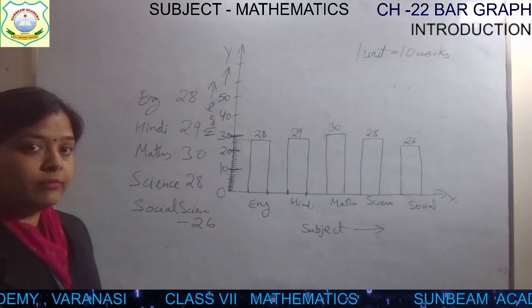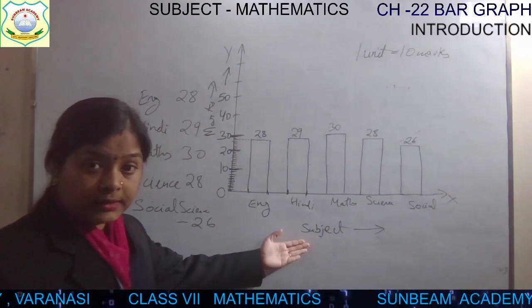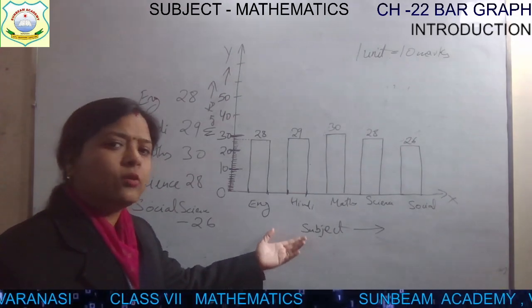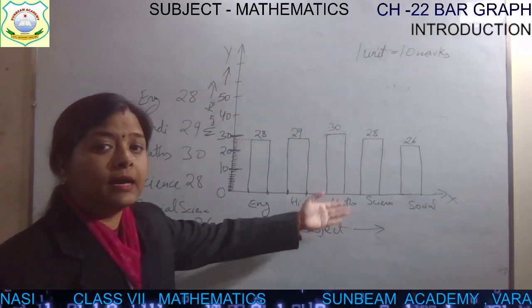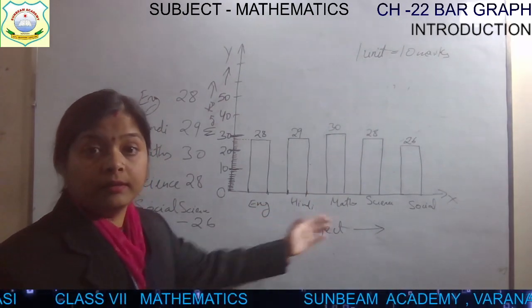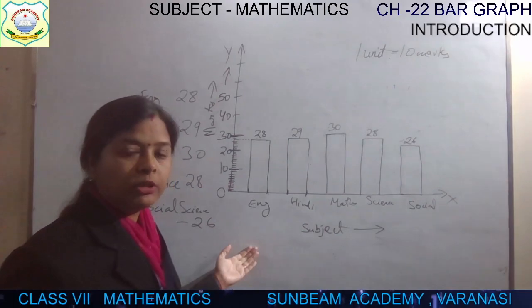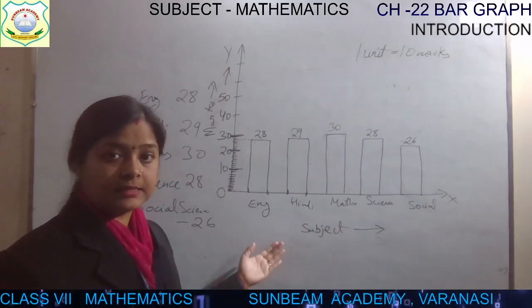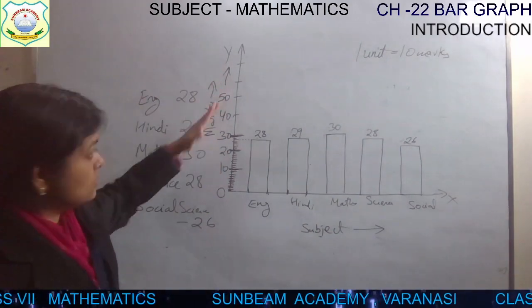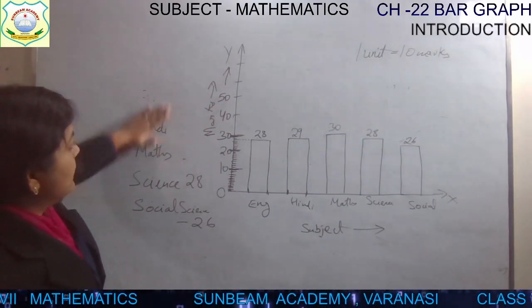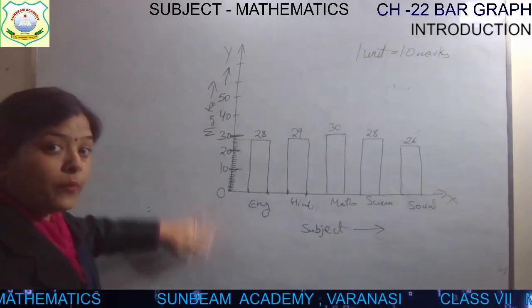Okay, when we pick the questions, you can easily understand. First of all, you should write this. What is it? It is generally the fixed value, which doesn't change. English, Hindi, Math, Science. These are like years, number of years, like product name. So generally we write it on the category axis. This is called the category axis. And this is called the value axis, where we plot the values.